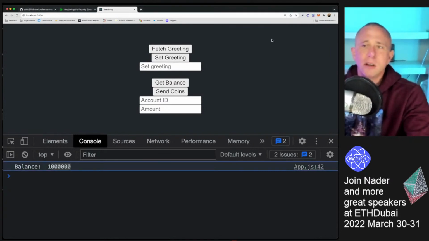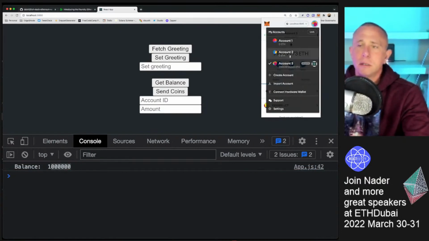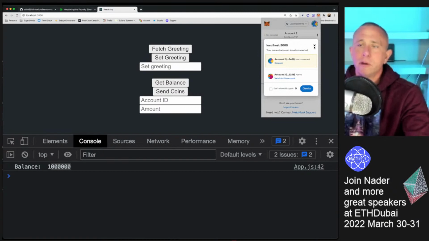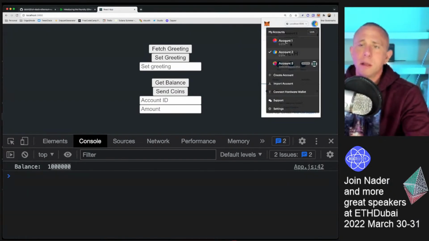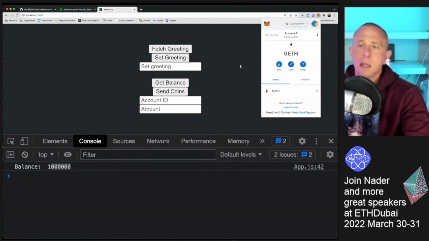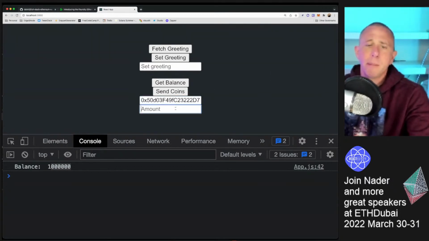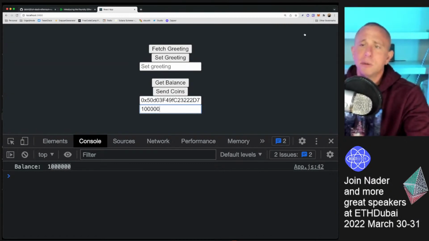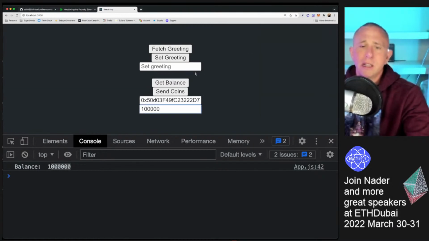We now want to send tokens to someone else. So I might go ahead and copy this address for this other person. We have these other accounts, so I'm just going to send it to another account. I'll put the account there, and the amount is like 100,000. I just want to make sure I'm still connected to account 3. Yeah. So now if I click send coins,